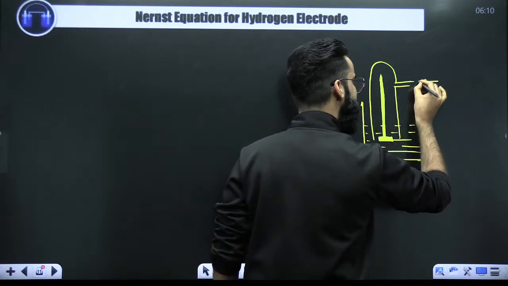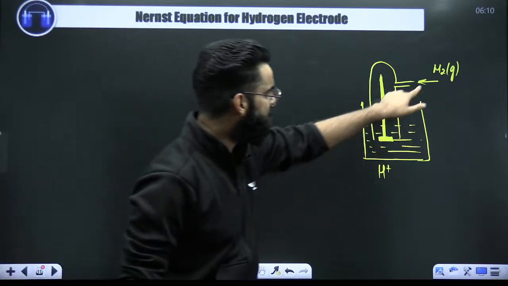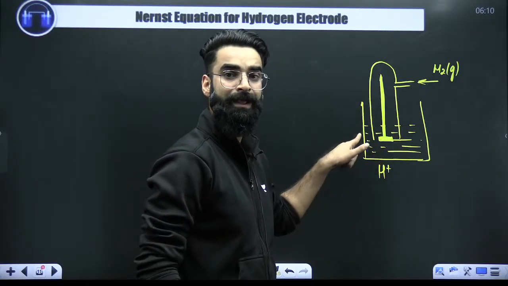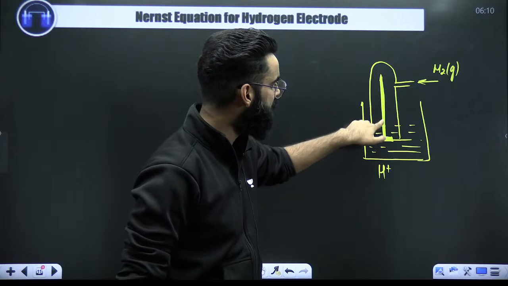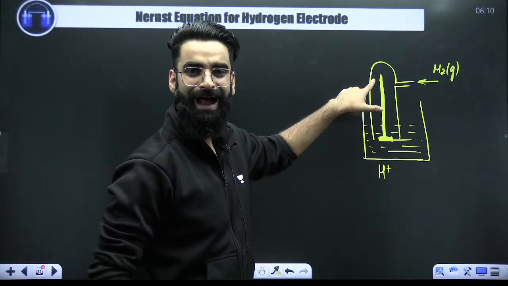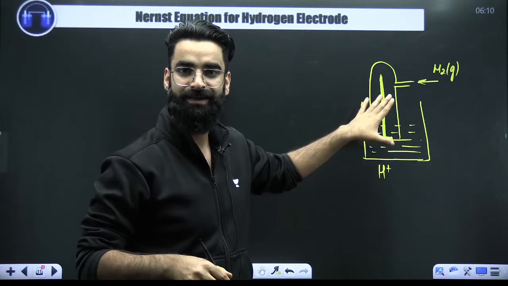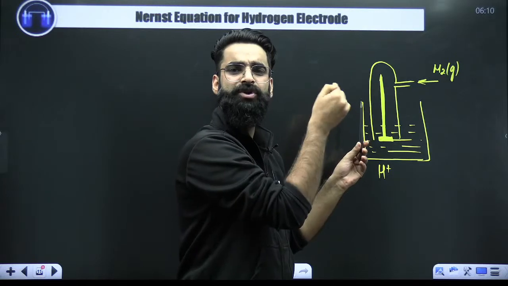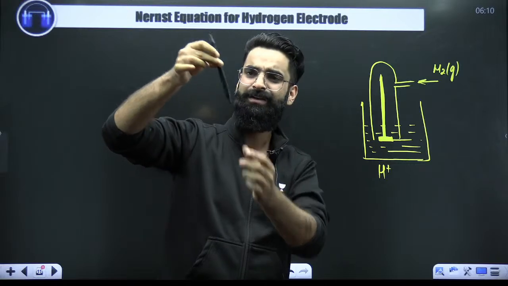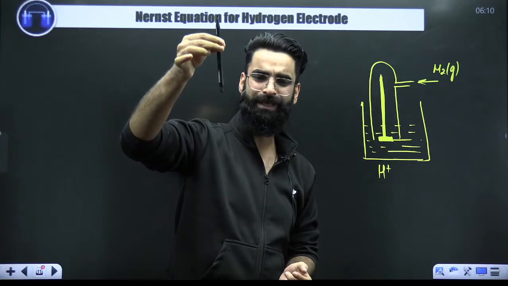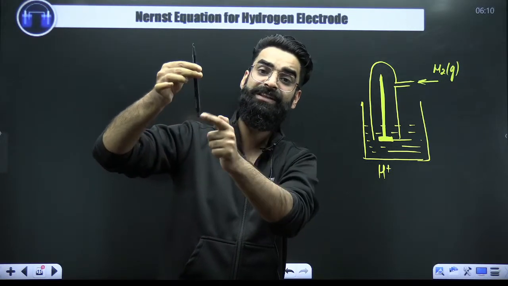And over here on this side, I'm introducing H2 gas. What is going to happen? This H2 gas will adsorb on the surface of platinum. I'll make sure this H2 gas gets adsorbed on the whole surface of platinum. After continuously introducing H2 gas, there'll be a scenario when this platinum wire is completely covered with H2 gas. So it does not look like a platinum rod now. It looks like a hydrogen rod because its entire surface is covered with hydrogen gas.